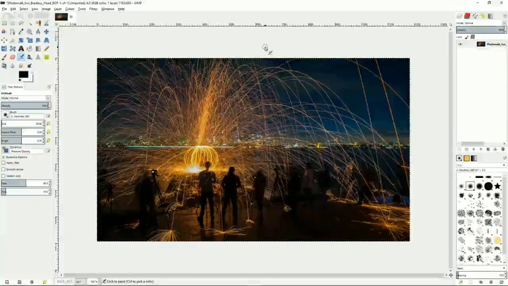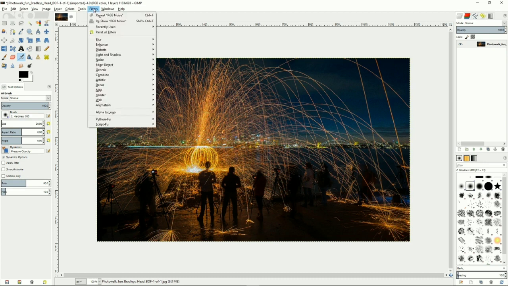Welcome to the next in our advanced tutorial series in GIMP. In this tutorial, we'll show you how to remove noise from photos where pictures have been taken that have a lot of noise in them. And here you'll see we have started with a picture that has a bunch of noise in it, and we're going to remove the noise, and we can do this in many different ways, including going to the filter option,